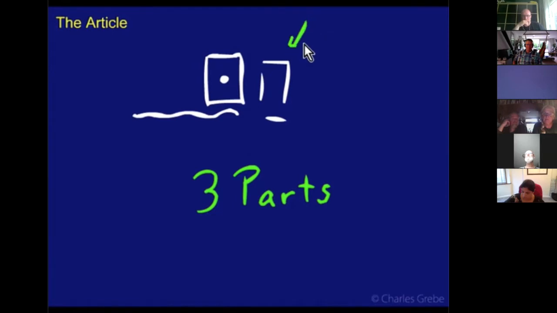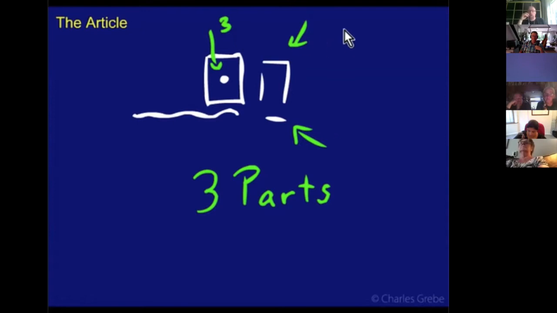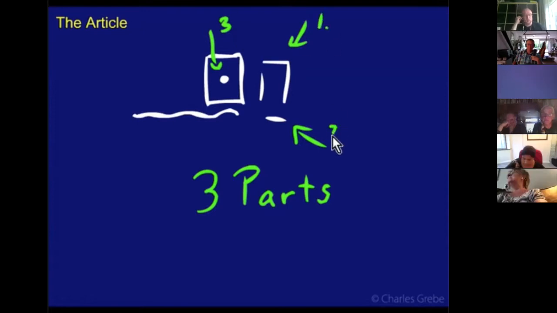I like to emphasize that the article has 3 parts, because I find that students tend to forget the dagesh forte, and they just think about these 2 parts. The first part is our consonant. Second part is a vowel, and we'll find that this vowel will change under different conditions, and that's what we'll deal with when we look at our next module on the article. But the basic form is this patach here. And the third part that people always forget, this is 1, 2, 3, is this dagesh forte. So the following letter is doubled. That's what dagesh forte does.